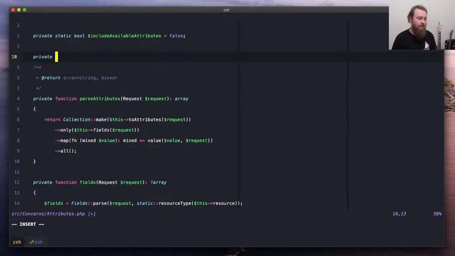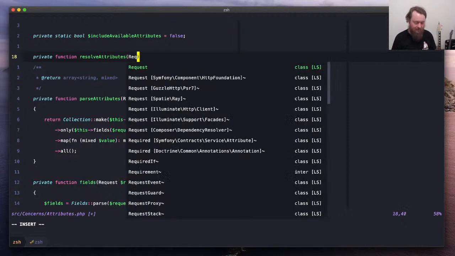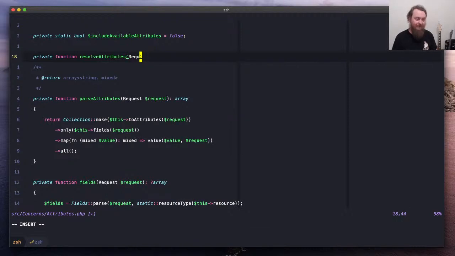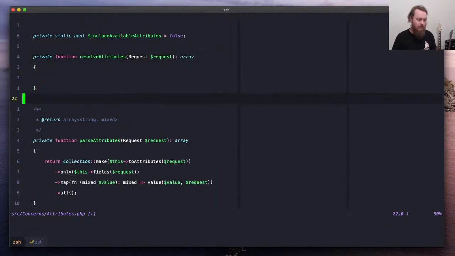So private function resolve attributes. These words are starting to not mean anything, but that's all right. I'm going to say resolve attributes, and that's going to be an array. And then what this is going to do is actually just